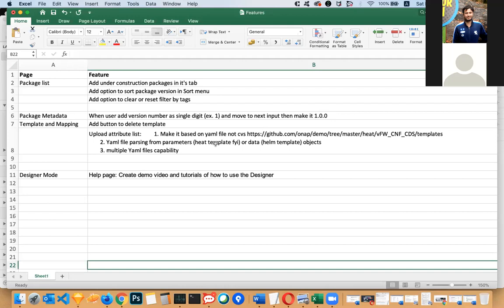Mapping section parameters with YAML, that Helm, Tosca, Heat are all YAML files.